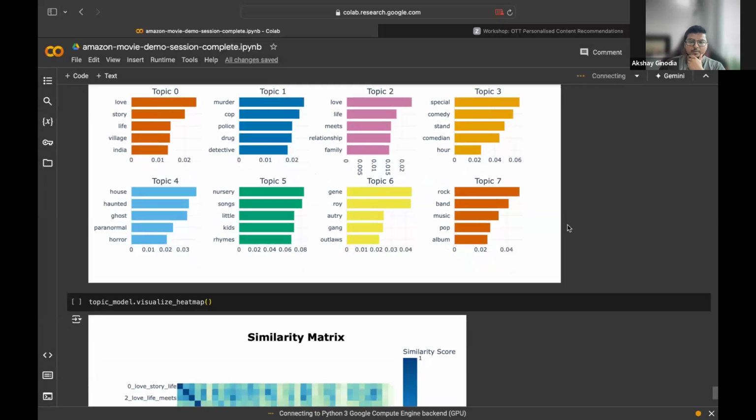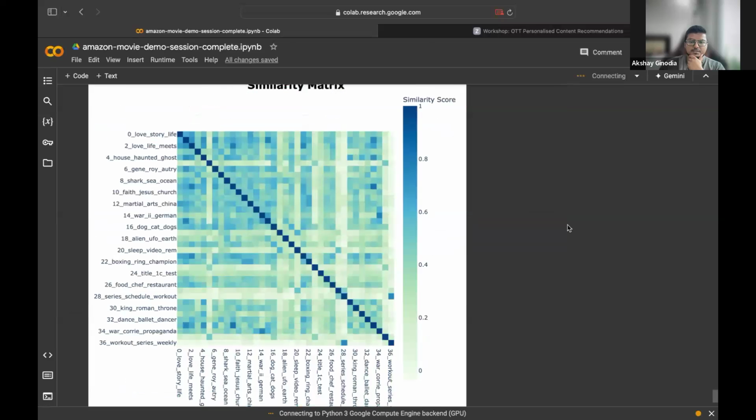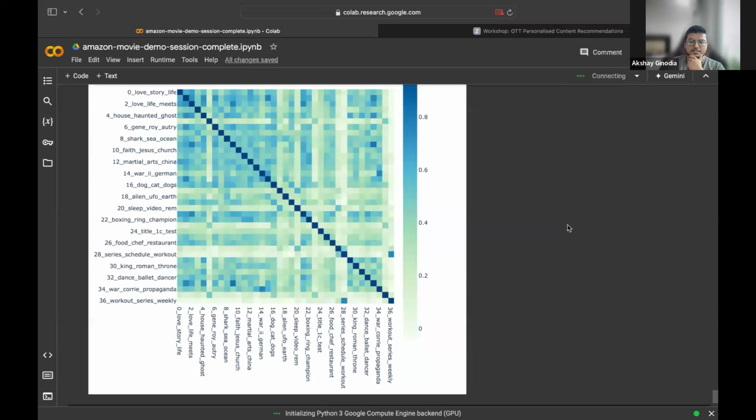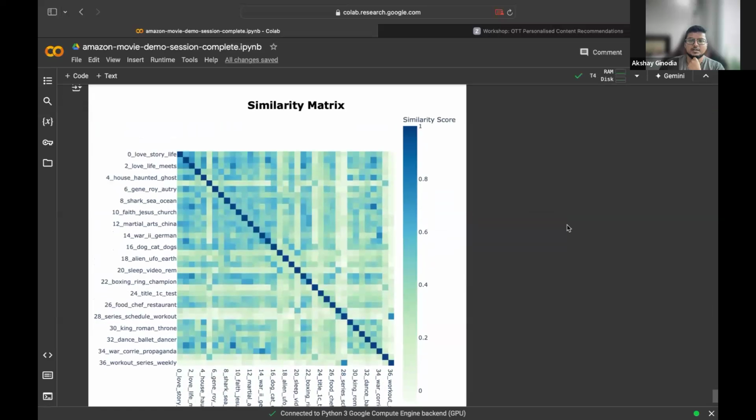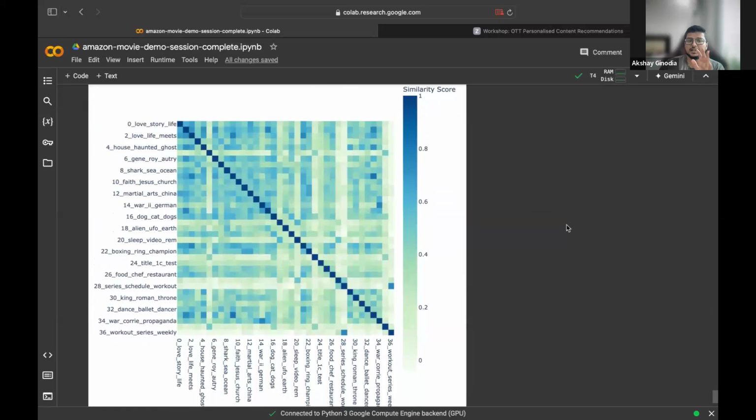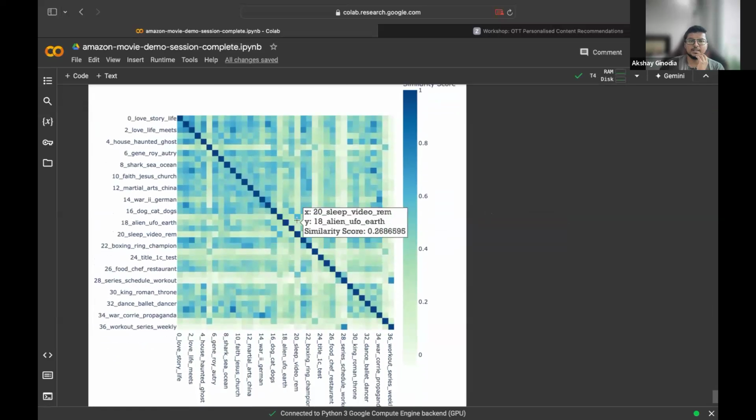So topic modeling does this, which creates clusters of similar topics from the description, and we are seeing that in multiple different visual representations. The final one is the similarity matrix, and here I'm seeing the similarity between topics. And if I look at